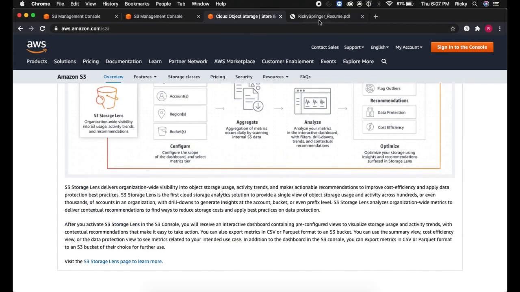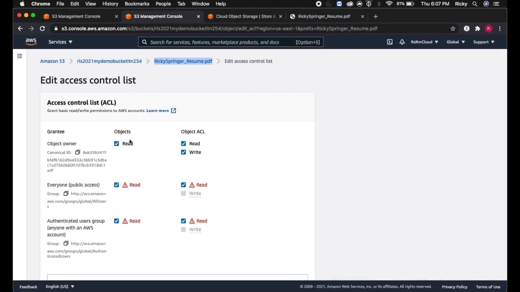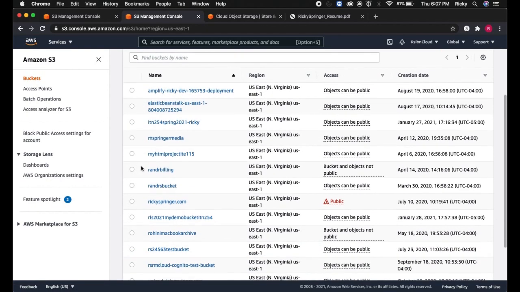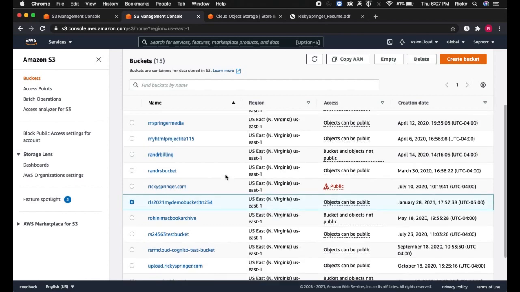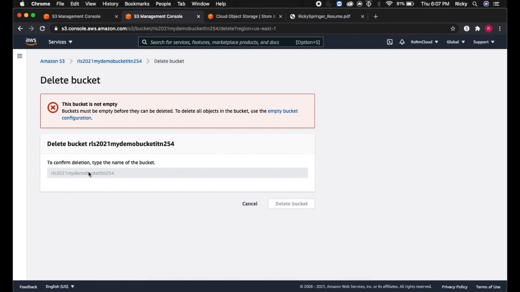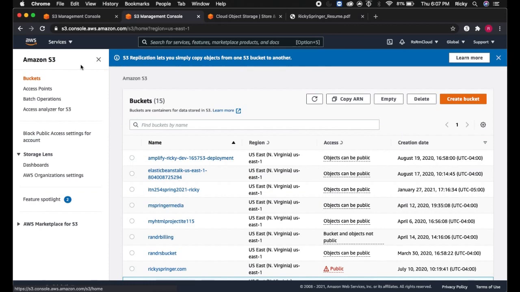One more thing I will go over is how to delete the bucket. Now, there is one thing to keep in mind. You're not allowed to delete buckets that have objects in them. So one of the things I'll show you is I'll try. I'll click the bucket. I'll hit delete. This bucket is not empty. This is another way that Amazon is looking out for you to make sure that you're really sure you want to delete that stuff. So if I go back to S3,